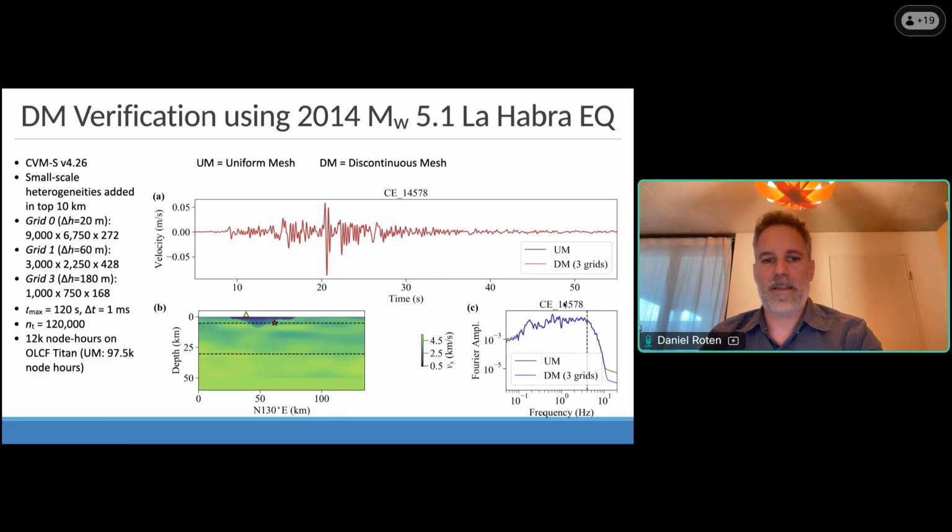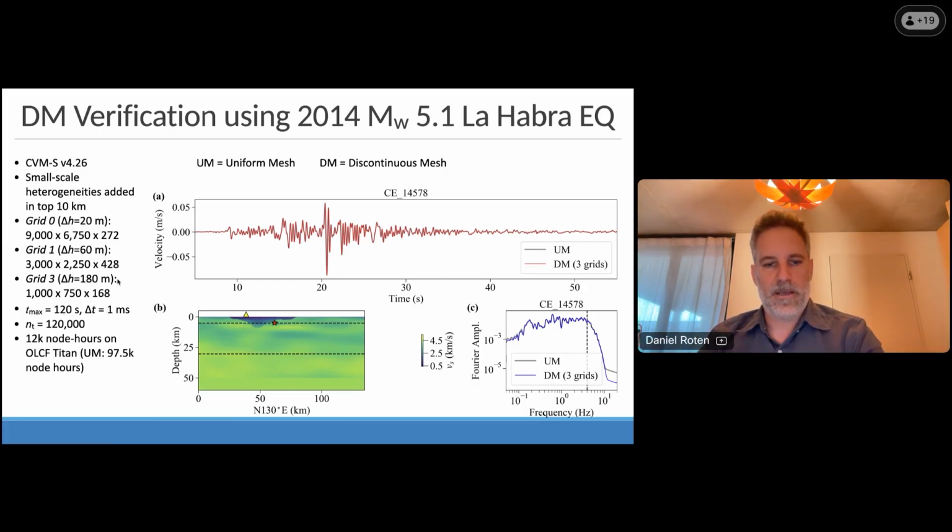We are able to get that stable for most of our production simulations. It can still be unstable when there's a sharp contrast or a water-solid transition inside this discontinuous mesh transition zone. In that case, you just have to tweak the depth. But we are able to use that now routinely, and we also verified this against the uniform mesh.